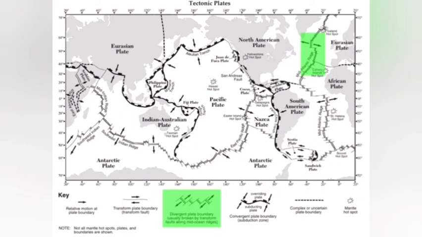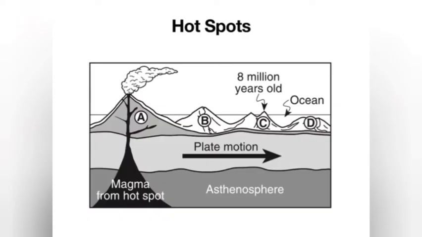Now, we do have one problem here, because plate tectonics says that all volcanoes and earthquakes should happen at these plate boundaries. But if you really look at the Earth carefully, there's a handful of places where we get volcanoes that are not at a plate boundary. The best example I could give would be Hawaii, smack in the middle of the Pacific Plate. And so geologists had to consider this and come up with an explanation as to why we had some volcanoes that weren't at plate boundaries.